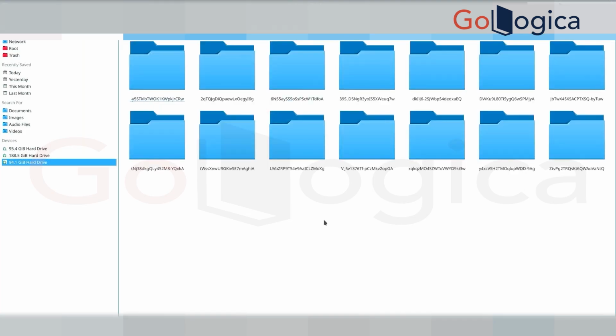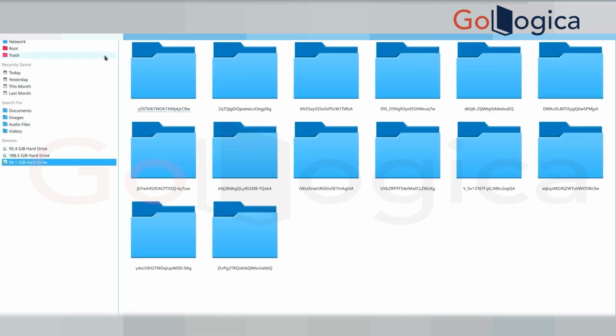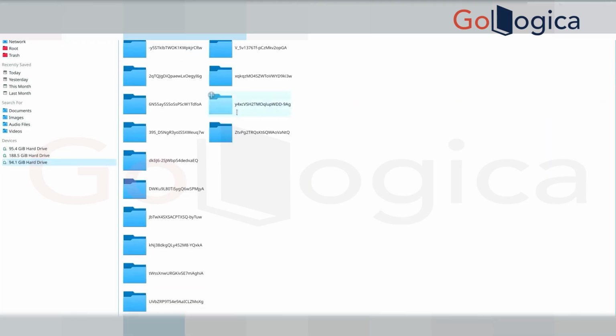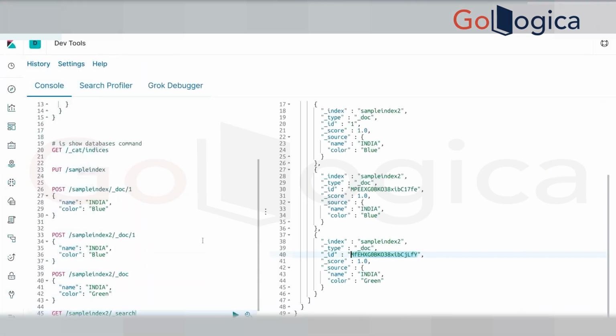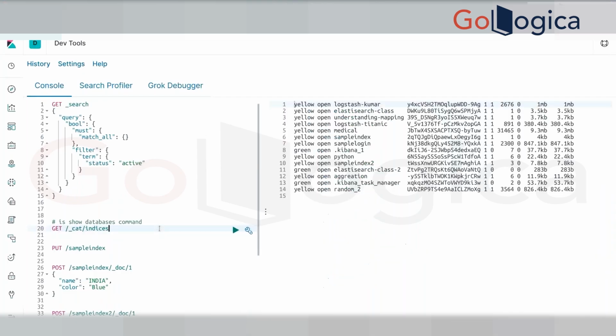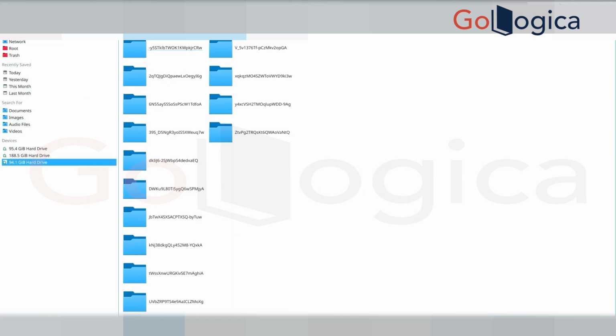Can you see the folders here? Yes. I'll just do it in a better way. If you carefully observe the document, if you fire the get indices command again, if you compare the documents here,